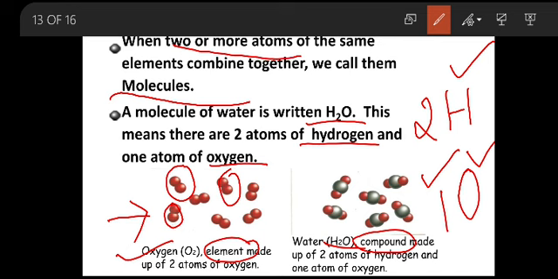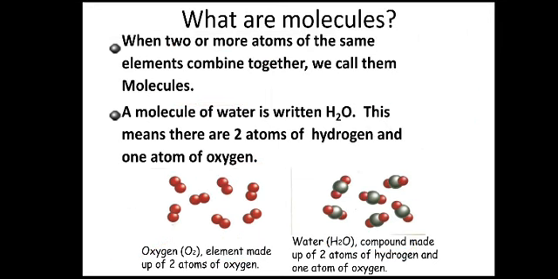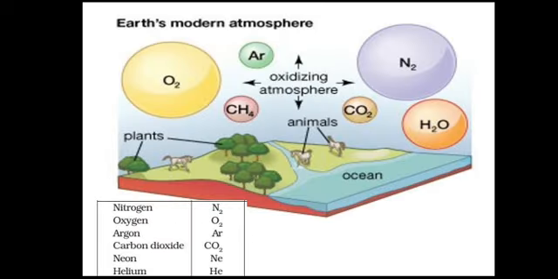It will be a little confusing for you. I will tell the summary at the end. If you are convinced at the end of the video, then you are clear with the concepts. If not, please do contact me. I am ready to help you. Yes. So atoms make up an element. If the atoms are of the same type, it is an element. If the atoms are of different types, it is a compound.